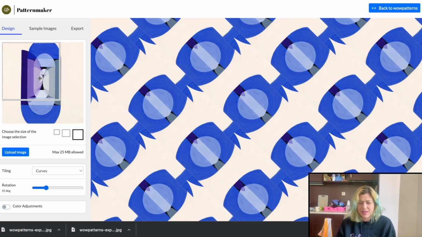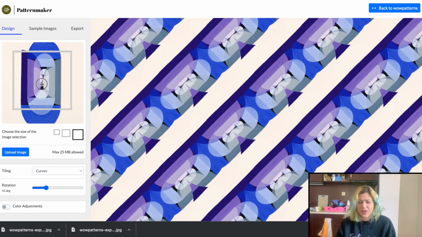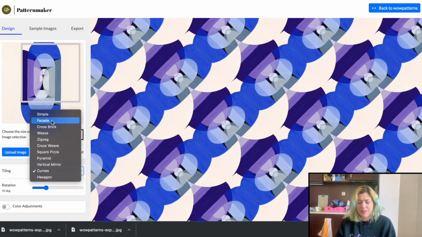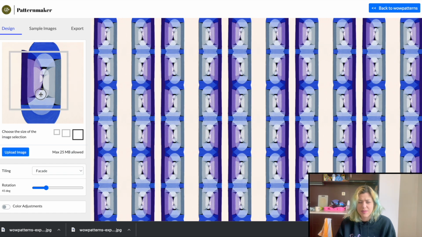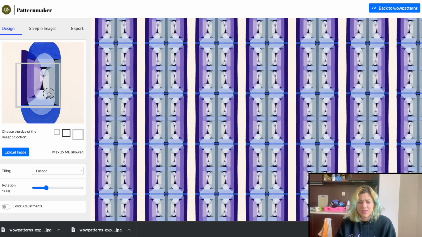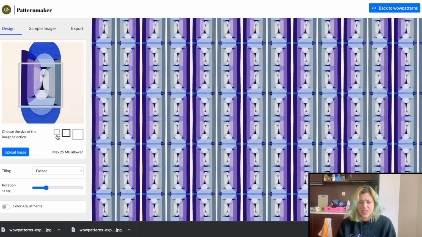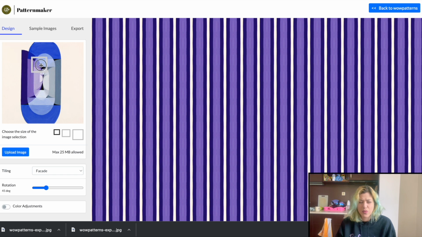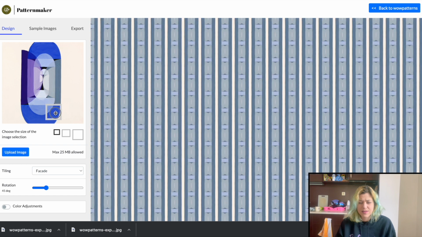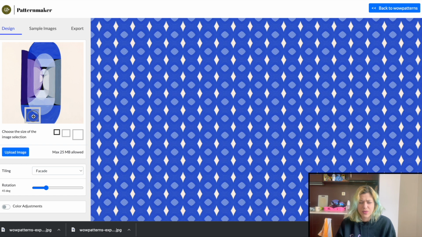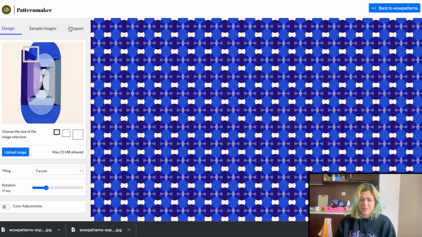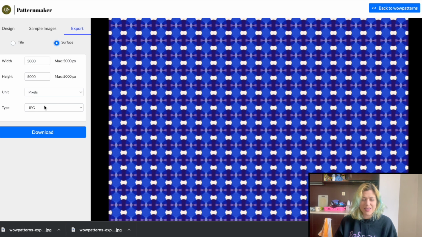Maybe make the big heart. And we're still with the curve effect. So maybe we should try a different effect. For example, the facade. Maybe let's go with centering this here. Like that. Or just taking the small bit in here. Let's put this on the corner. Ooh, wow. Got some diamonds a little bit. I like this one. I don't know if you guys agree with me, but I like this one